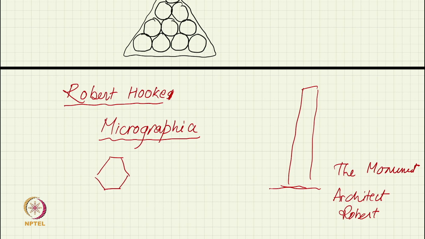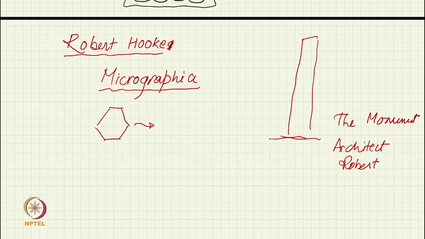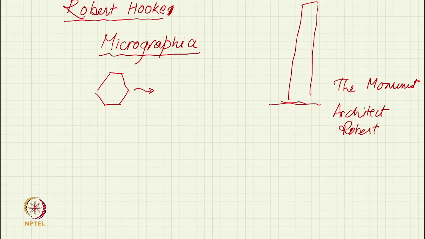Again he gave a theory similar to Kepler's, since Robert Hooke came after Kepler. Again he gave the same theory that the external shapes are because of some internal arrangement. But it was left, because first of all it was not known what is that internal thing which is being arranged and how to find that. None of these things were there. So, his postulate also was regular